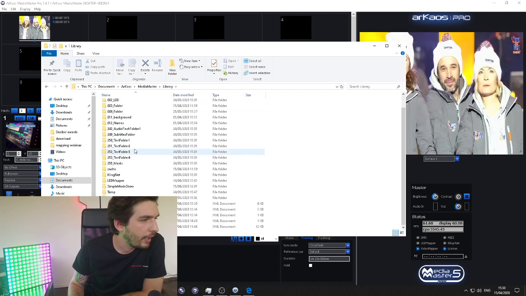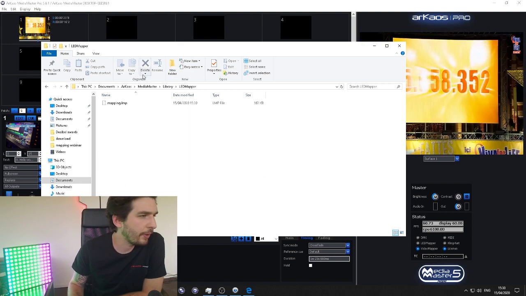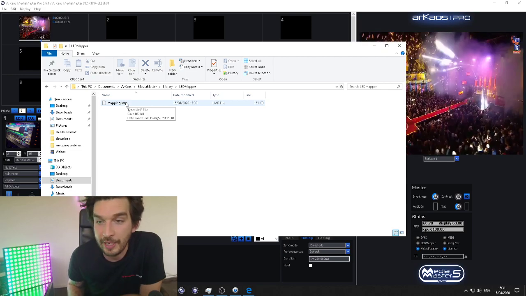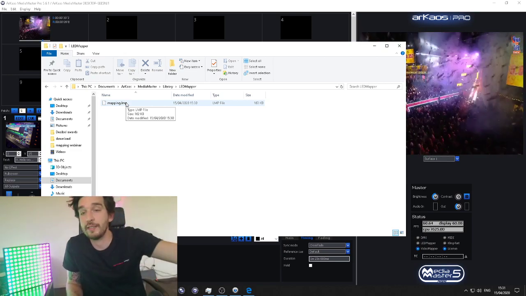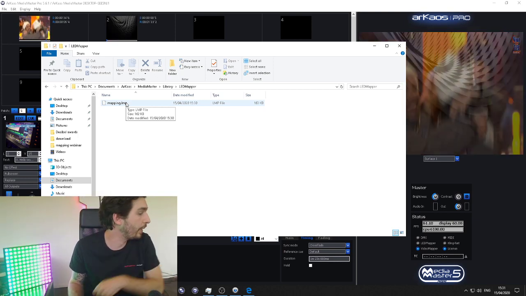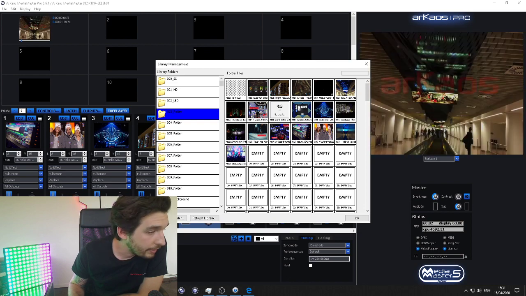Here we go. And you scroll a bit there, you see LED mapper right here. There is the mapping. That's the good date, that's the good timing. So when I hit save, that file was saved right there. Okay, so that file goes directly into the library of MediaMaster. Okay, so I know it's saved.